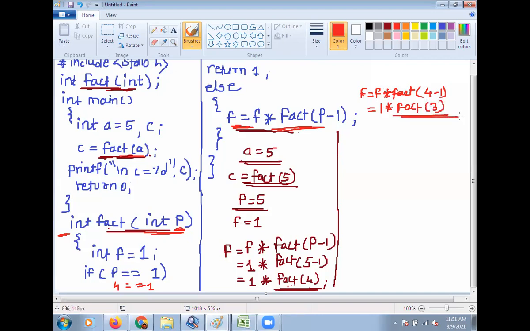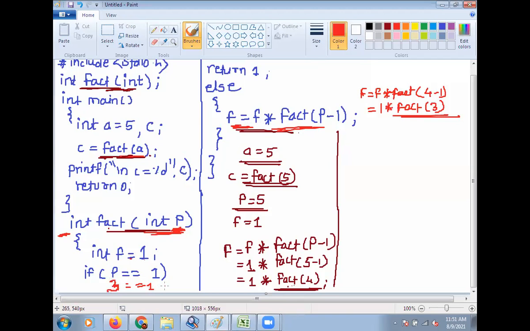So go to the definition of the fact function again. So now p is equal to 3. Then f is equal to 1. Then check 3 is equal to 1.